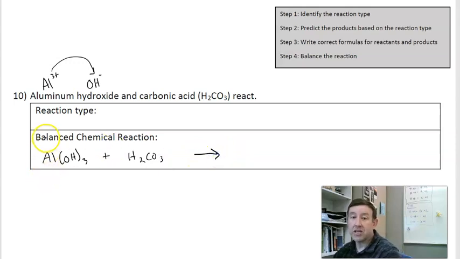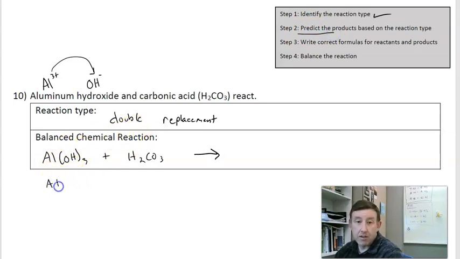All right, this looks like an ABCD reaction, which would make this double replacement. So I've identified my reaction type. Now I need to predict what my products are going to be. So again,